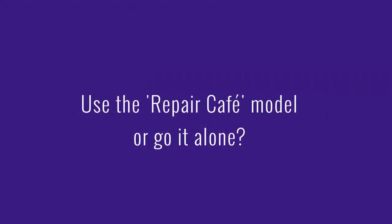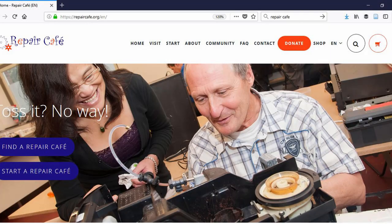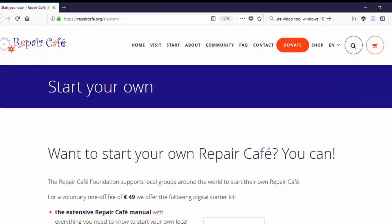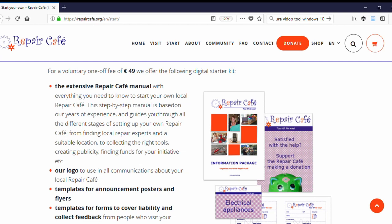It's up to you how you decide to structure your Repair Café. What we decided to do was go for the Repair Café model, which was started in Amsterdam. It's a franchise and it does cost you to buy into it, but there are some pros and cons with that. So it's €49, and with that you receive all sorts of different items that you can use as part